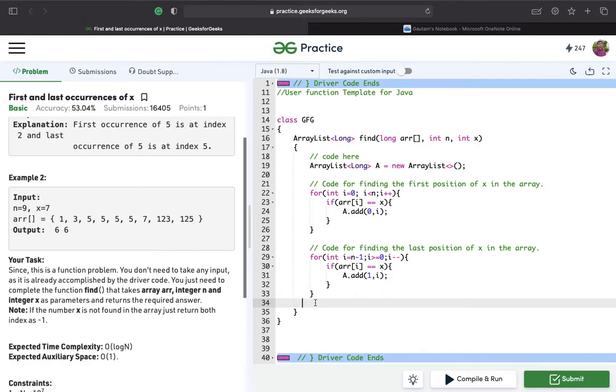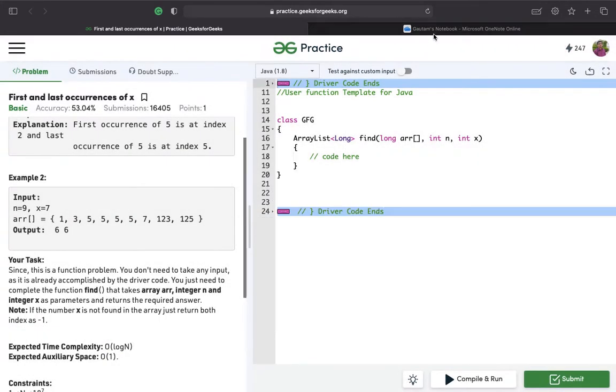The time complexity of this solution is big O of n, as we are iterating through the whole array. But the expected time complexity is big O of log n. So if I will try to compile this code, I will be getting a TLE error, time limit exceeded. So I'll not try to write the whole code for this approach. I'll be explaining you another approach which will be based on binary search. So how we'll be going to do that? Let me explain you. First I'll reset it.